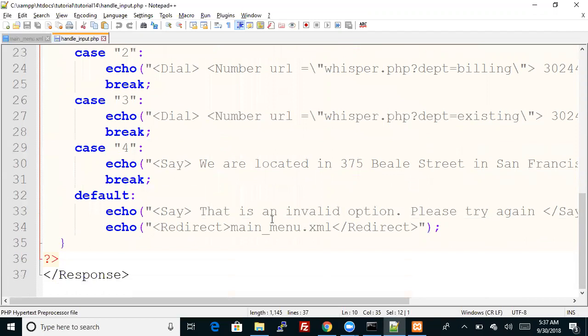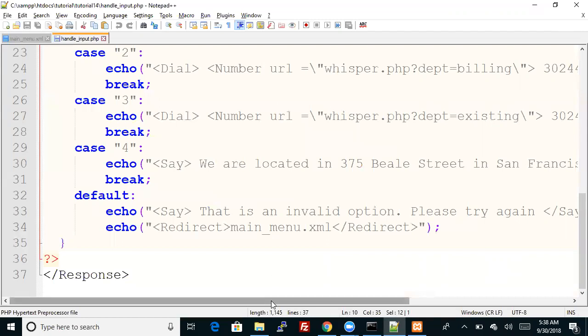Or say billing if you would like to reach billing. Please press 3 or say dog with us if you have left your dog with us today. Please press 4 or say directions if you would like to hear our directions. What's your name? That is an invalid option. Please try again. Welcome to Kevin's Doggy Daycare. Please press 1 or say new customer if you are a new